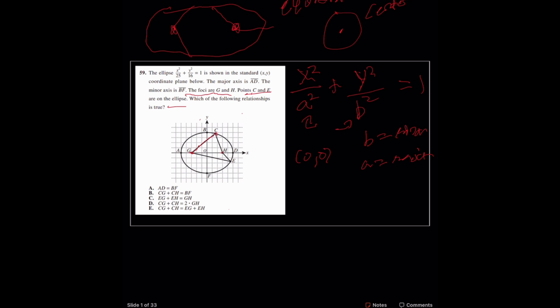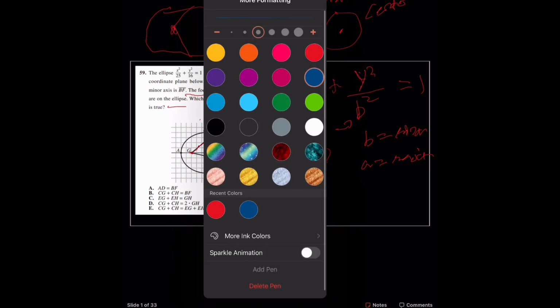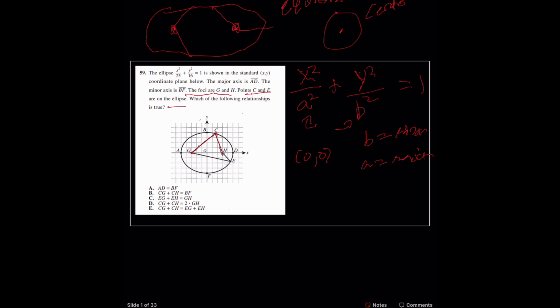C and G and C and H, because I need 2 points, is the same distance as EH and GE. Let me make that a little bit brighter so you guys can see. These are the same 2 points. They're basically both equidistant from G. C and G would be equal to